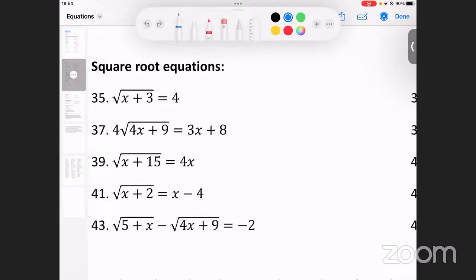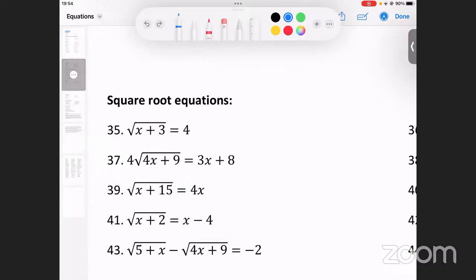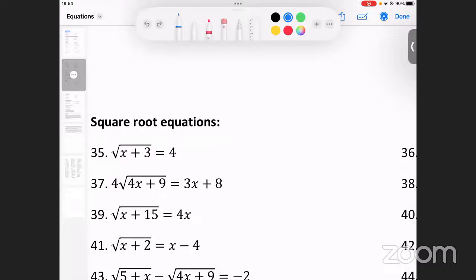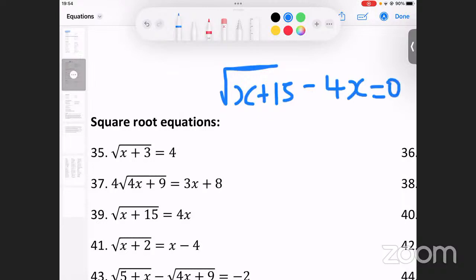Okay, number 39. So what we are saying is, let's say, for example, we had square root of x plus 15 equals, let's not say equals, but let's say minus 4x. Maybe it's equated to 0. So the basics or the format is such that you must always isolate the square root. In short, you must always show that everything is on the other side and you just leave the square root on the left-hand side. You mustn't forget that there is an invisible one there.